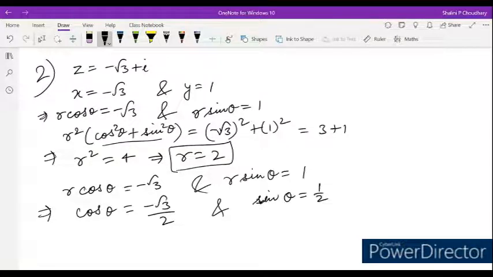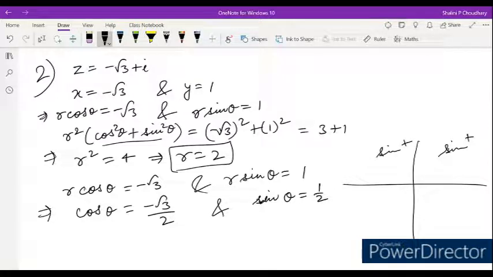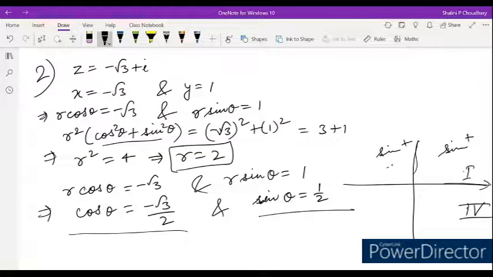Okay, now we know that in the first quadrant sin is positive, in the second quadrant also sin is positive, but यहाँ पे we can see sin का value is positive but cos का value is negative. Sin depends on the y axis and cos depends on the x axis. So in the first and fourth quadrant cos is positive, in the first and second quadrant sin is positive. मतलब second quadrant में cos negative रहेगा. So the theta का value in this case lies in the second quadrant.